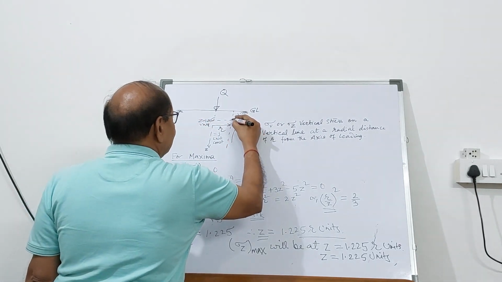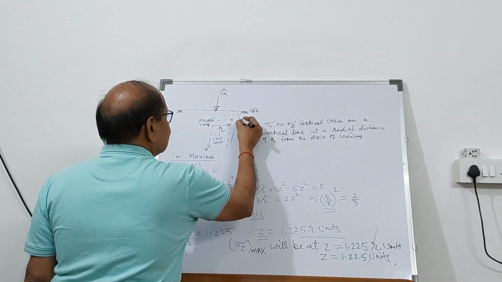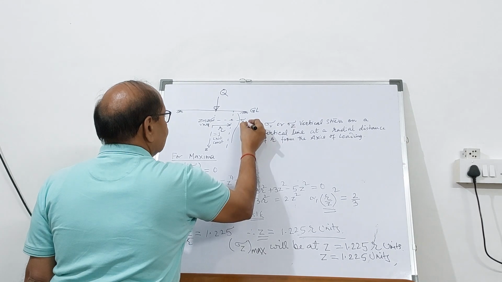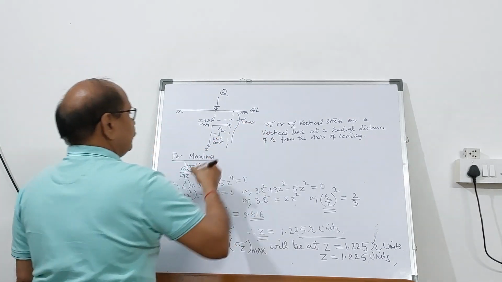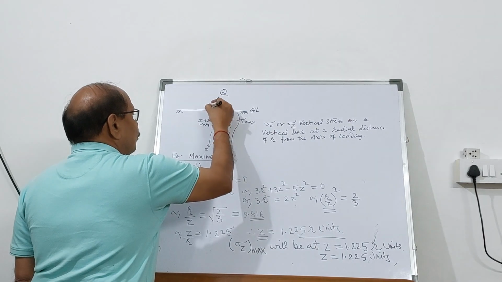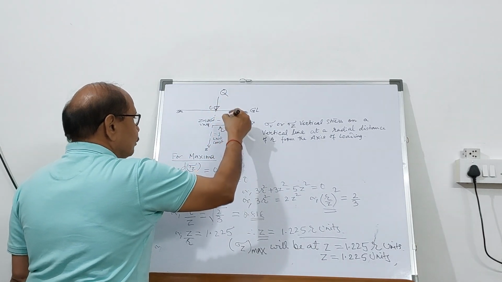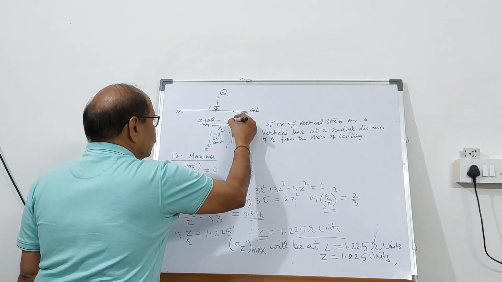That means if I join on the vertical line, here sigma z is going to be maximum. This is if I join it from point O, the point of application of the point load, to this point,